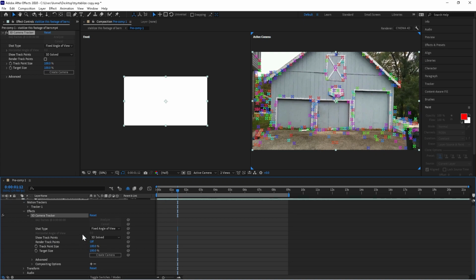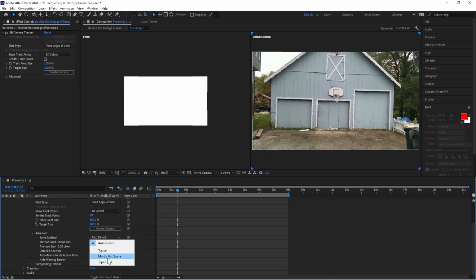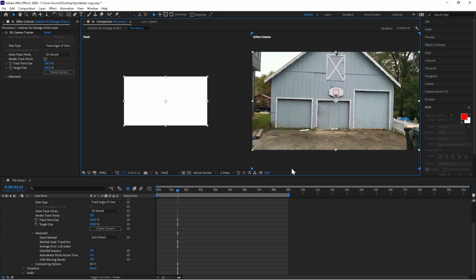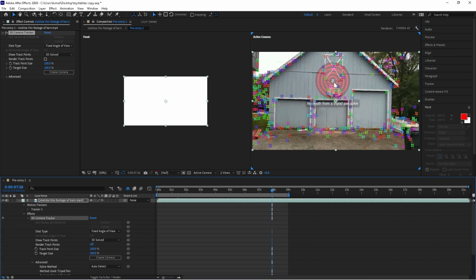to look at here. If things aren't working the way you want them, you might want to change under the Advanced tab here. You could turn it on to say, mostly flat scene, because this is really flat. There's not a lot of camera movement in here. Also, you want to make sure this auto delete points across time is turned on, which it is by default, and that will delete the points as you travel through the footage. Over here in 9 seconds, some of those dots will probably reappear, in which case you need to delete those out too. See how some of these back in the tree are starting to reappear as I go later in